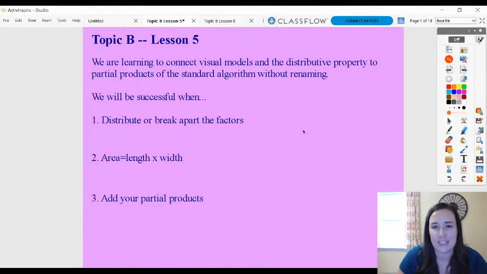Today I'm going to be teaching you Module 4, Lesson 5, where we're learning to connect the visual models and the distributive property to partial products of the standard algorithm without renaming them. So basically, what that's saying is we're going to be learning this method called the area model. And for us to do the area model, we have to distribute, or remember that means to break apart,